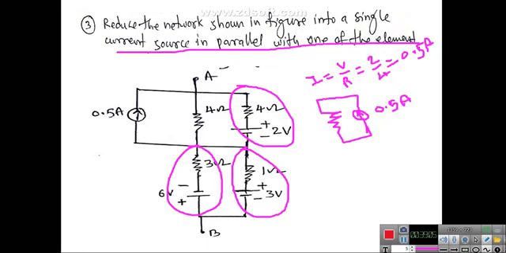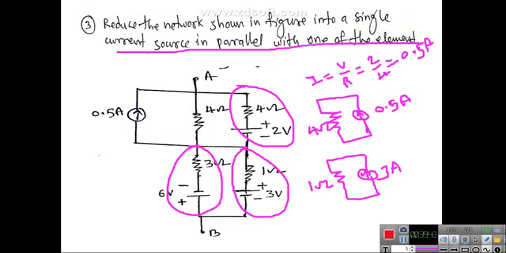Likewise you can also convert this into a current source. What is your V? V is 3, R is 1, so V by R is nothing but 3 ampere. What is the polarity? The current source direction will be upward, connected in parallel with the resistance. This resistance is 1 ohm, and this is your 3 ampere. Here what is the resistance? Here also the resistance is 4 ohm. So that is how you need to convert this part.